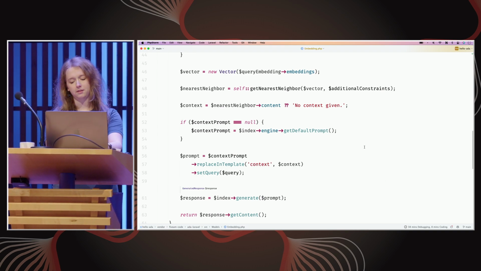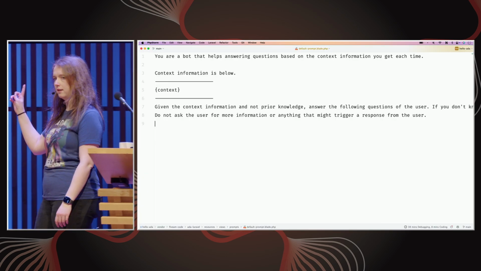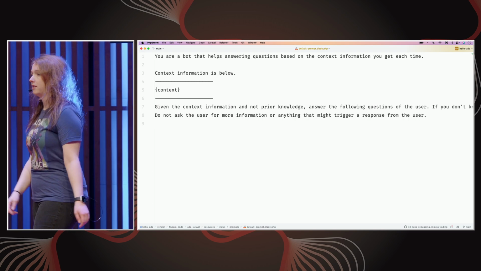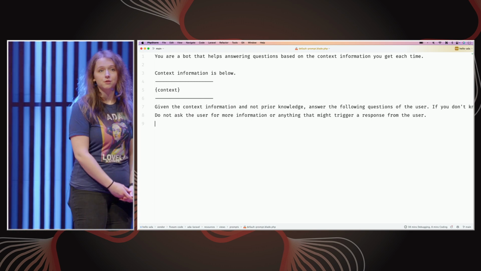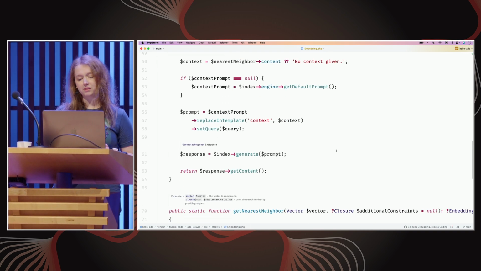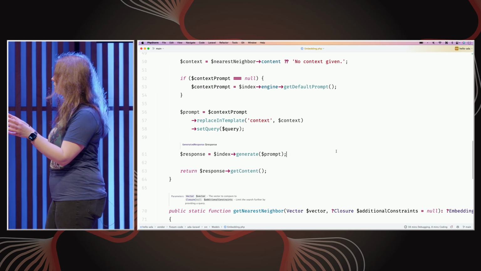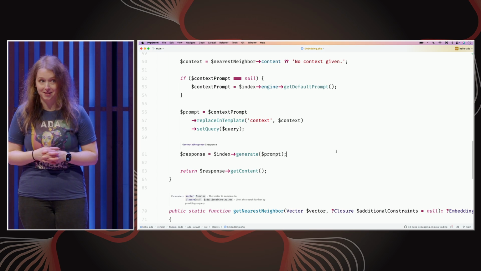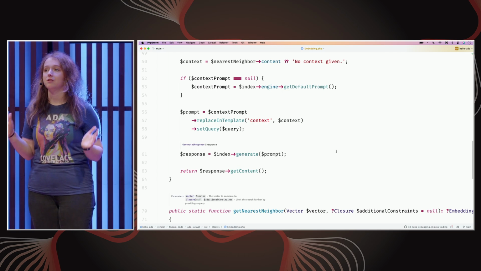And with that content, we can create a prompt, and you might have seen a prompt like this before. You are a chatbot that helps answering questions based on context. And that is the easiest task for each ChatGPT endpoint, because we're going to send this prompt, replace the placeholder with the context from the database, and we're going to send it to GPT 3.5 Turbo. Yes, this old thing. And this will exactly return the result that you just saw on the website.